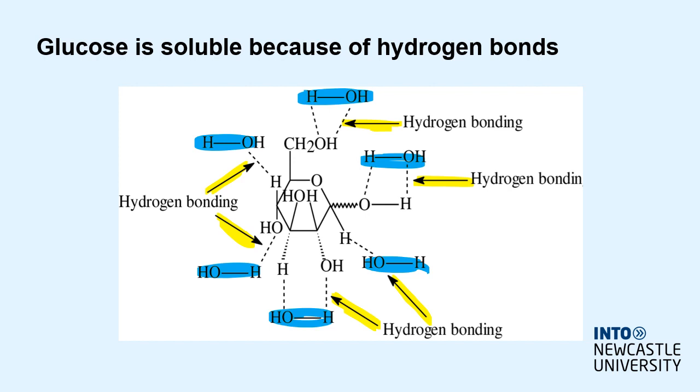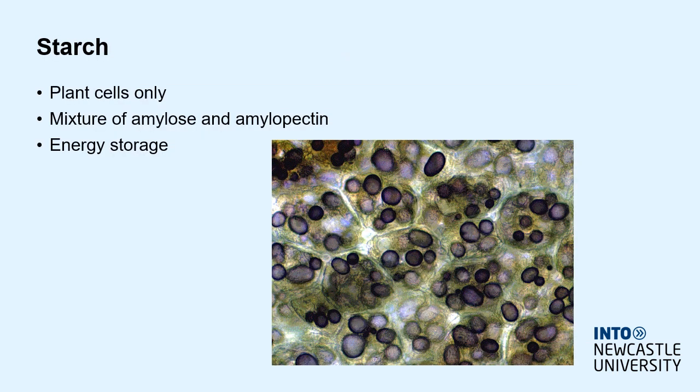The polysaccharides starch, glycogen and cellulose are not soluble in water because they don't have these hydroxyl groups free to hydrogen bond to water. Instead, they will be hydrogen bonding either to themselves as a polymer or with other polymer strands, as is the case in cellulose. And we'll talk about that shortly. If we start with starch, like I said, plant cells only, mix of amylose and amylopectin, and is involved in